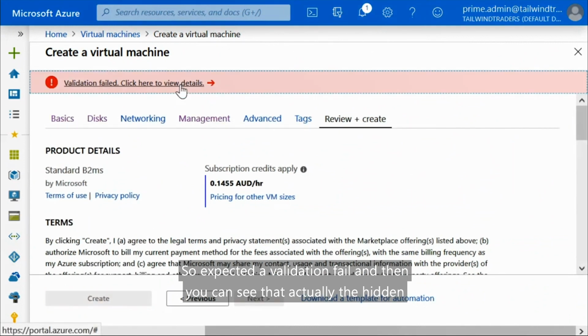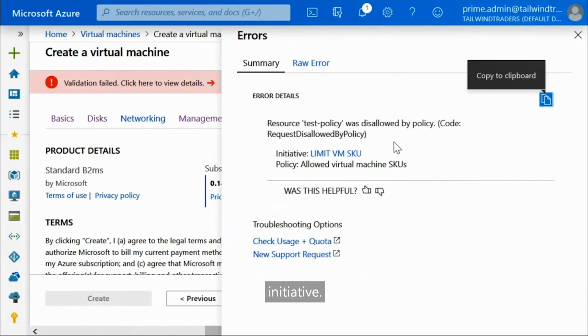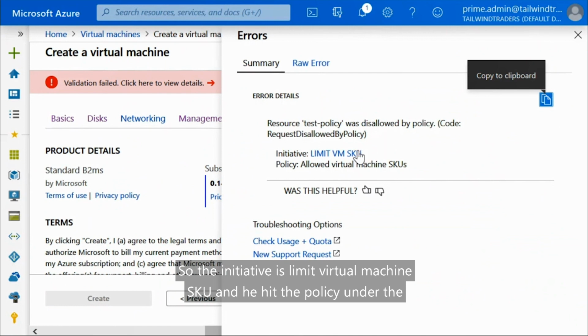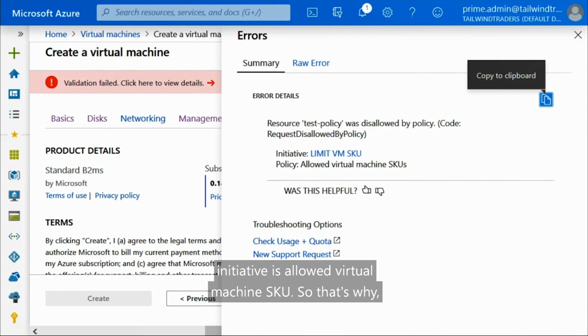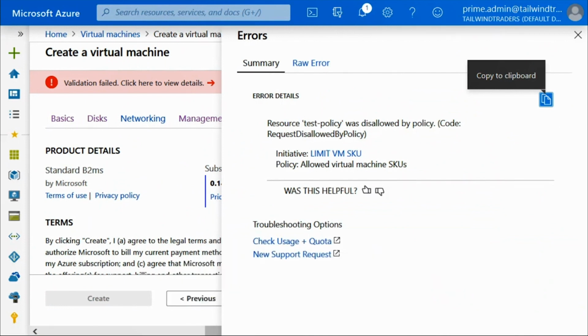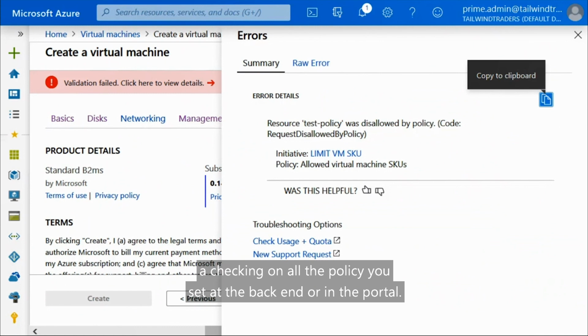So, expected, the validation fails, and then you can see that actually it hit an initiative. The initiative is Limit virtual machine SKU, and it hit the policy under the initiative, Allowed virtual machine SKU. So that's why when we create a virtual machine, it will do the validation to check all the policies you set at the back end or in the portal.